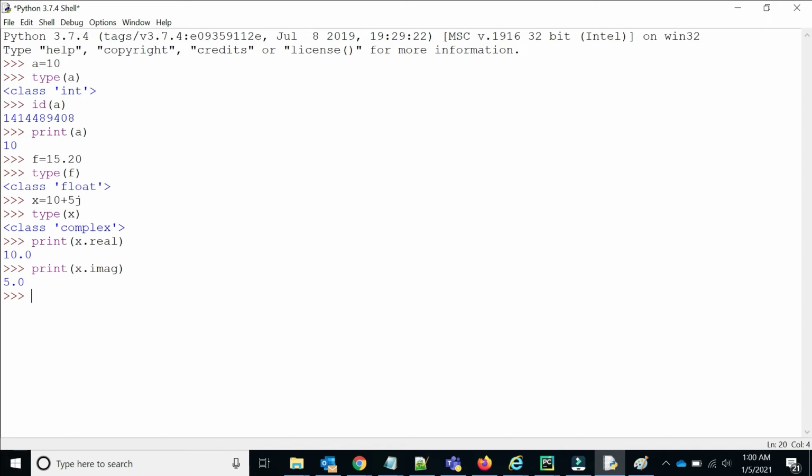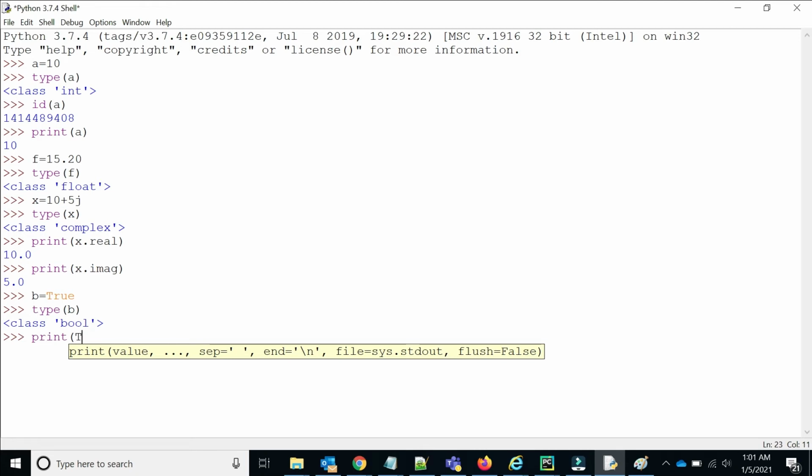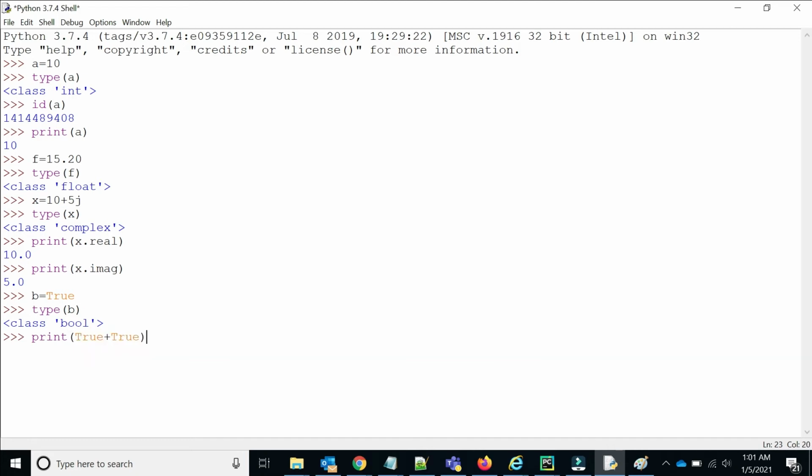So let's say if I take b equal to True and type of b, it is the Boolean type. Internally True is represented as 1 and False is represented as 0. So if I write print True plus True, what value will you get?